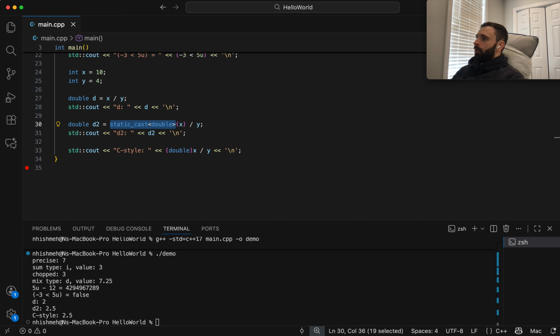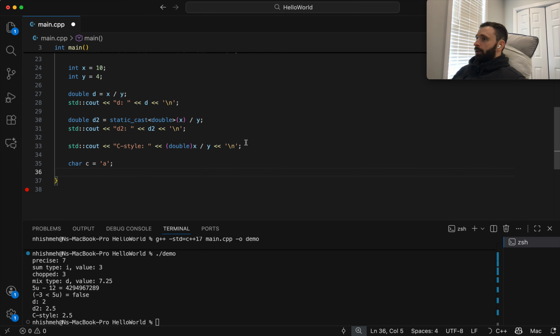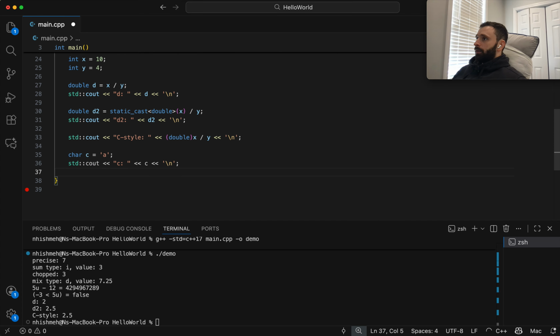Okay, so let's look at one more example here. Let's say we have char c equals 'A', and now we just print out the value of the character. And now we statically cast the character to an int.